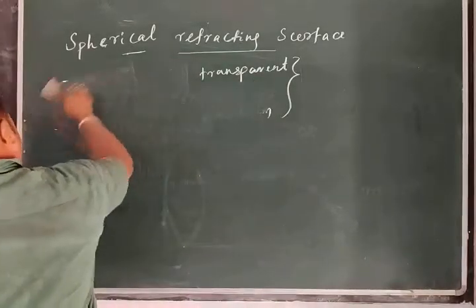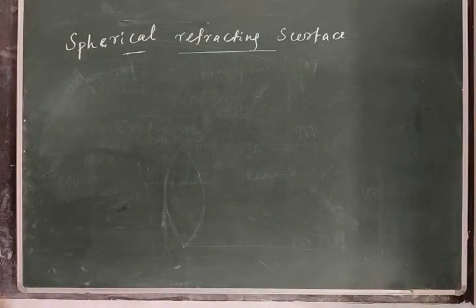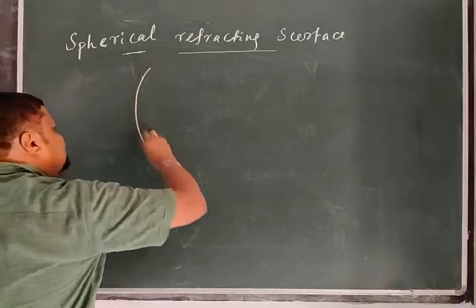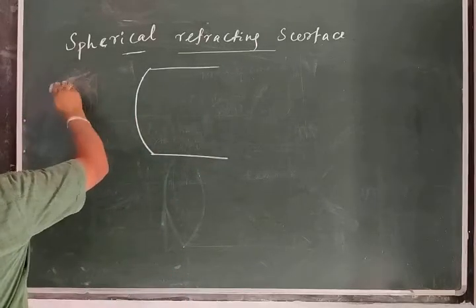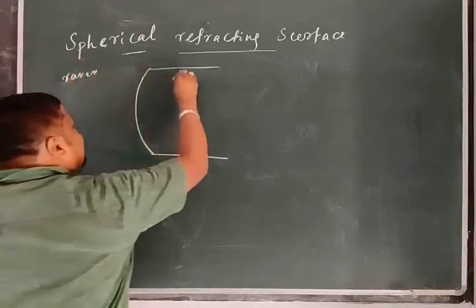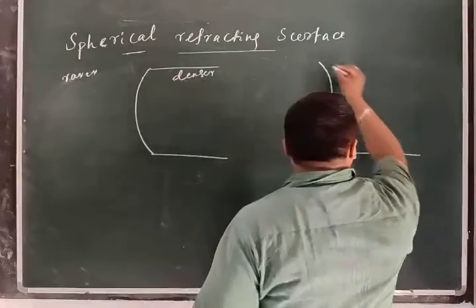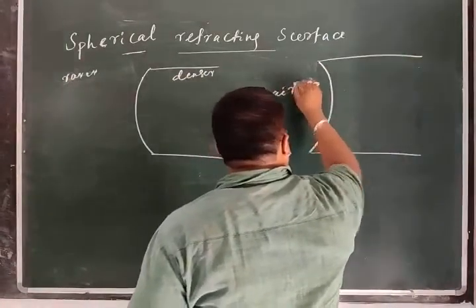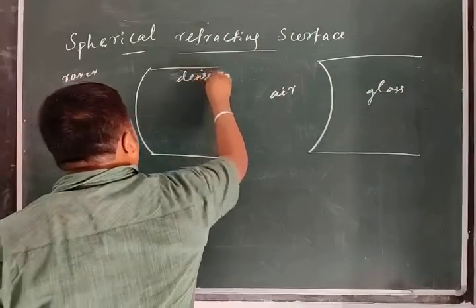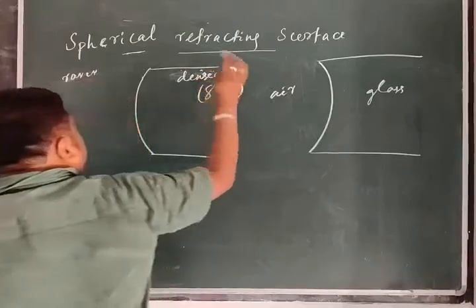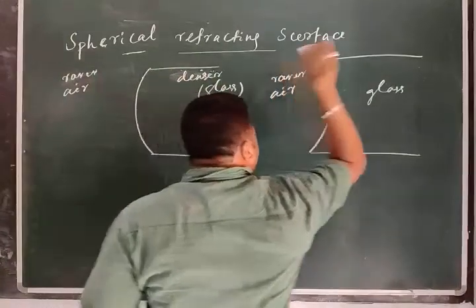Now consider, in convex and concave refracting surfaces, as you already know, let me draw this convex refracting surface like that. This is your air medium, or rarer, and this is your denser. A concave refracting surface you can show like this. This is your air medium and this is your glass medium. The denser medium is generally glass, a refractive medium, and this is your air medium, the rarer, and this is your denser.